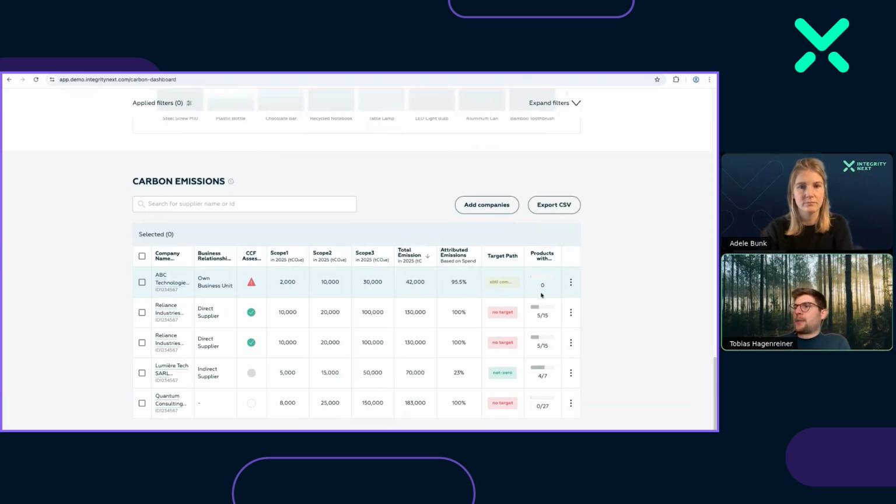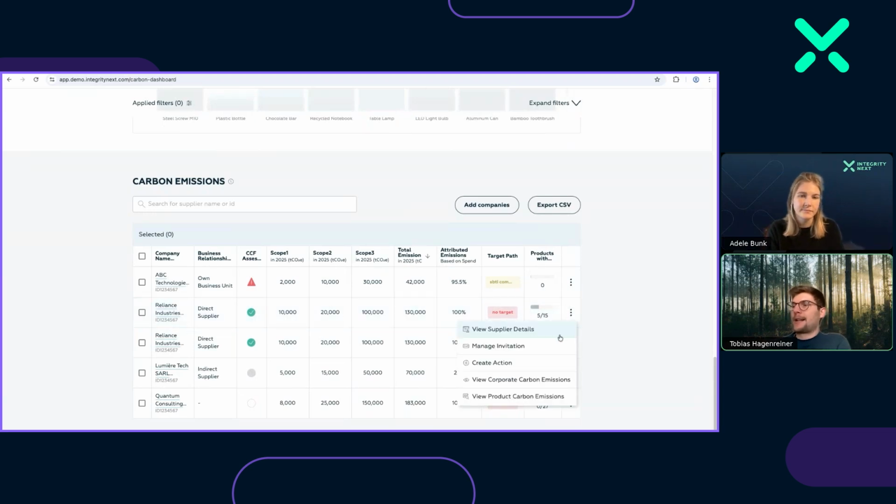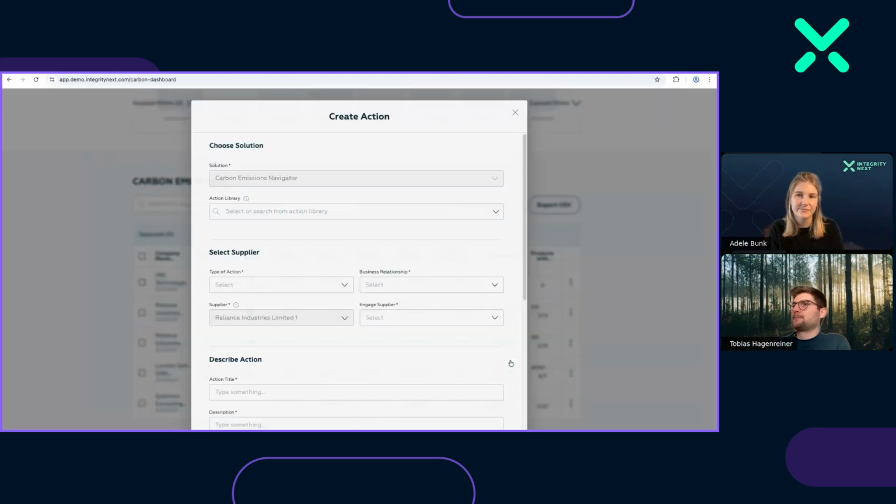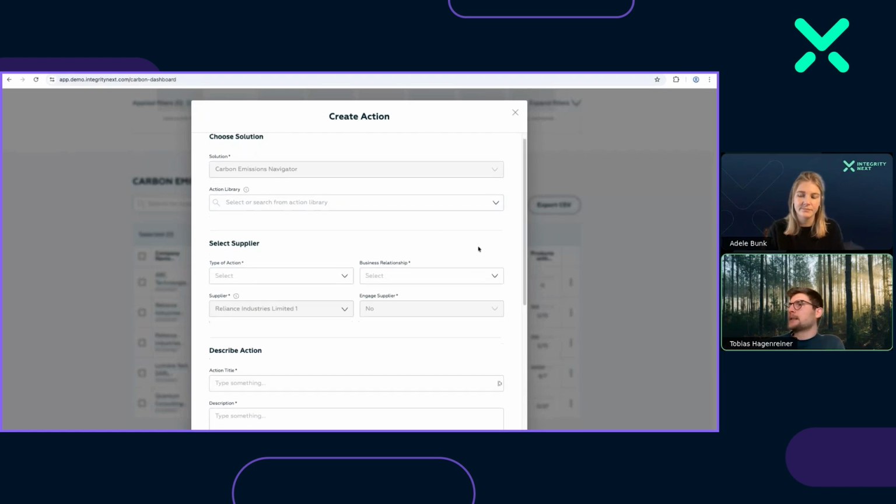Now, important is, for example, that I see here, I have a direct supplier, the total emissions are quite high and the spend attribution is high as well, and they do not have a target yet. So this is a typical case where you could create an action, actually engage with the supplier. So you can directly move to our create action template, and